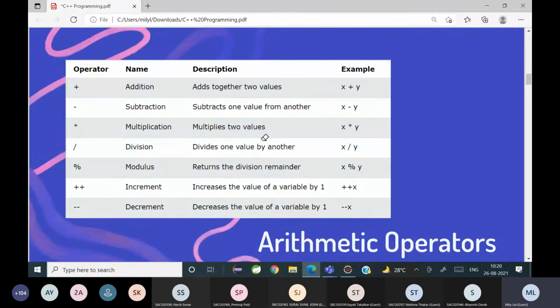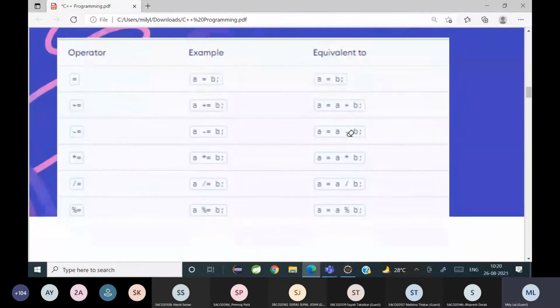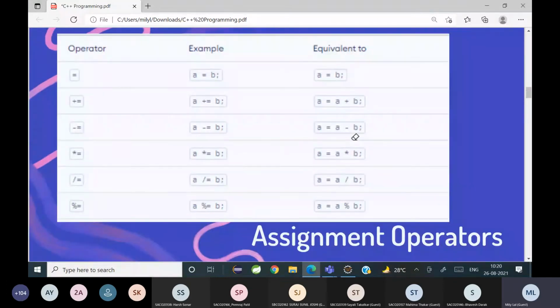Now an example of the assignment operator. Assignment operator means you are assigning values from the right to the left. As you can see, a single equal to sign is not for checking whether things are equal. It is actually called an assignment operator. Like a equal to b, what does it mean?